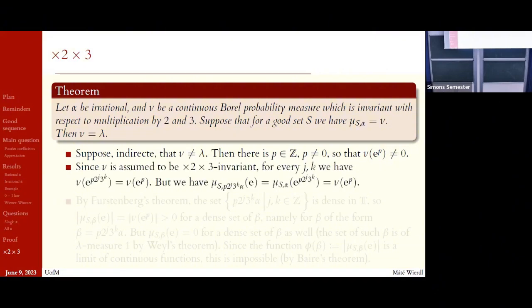Since mu is assumed to be times 2 and times 3 invariant, for every j and k we must have that the p times 2 to the j, 3 to the k Fourier coefficient